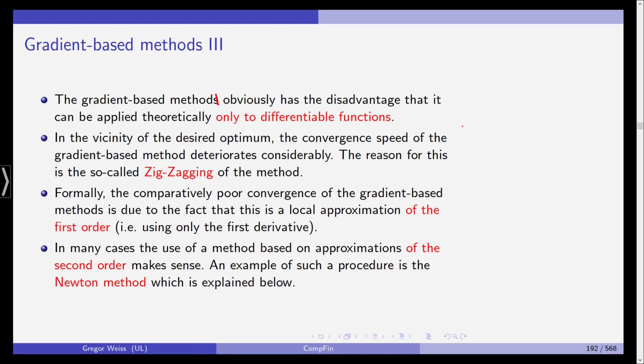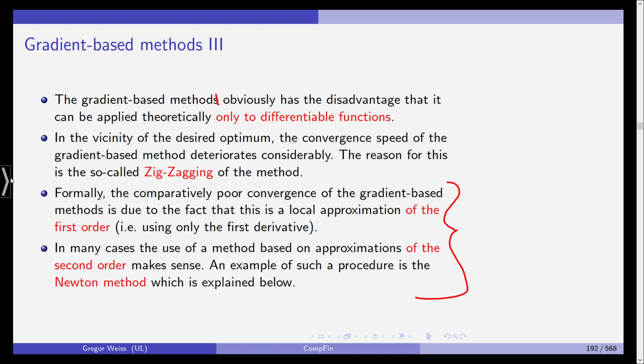And more formally, the comparatively poor convergence of the gradient-based methods is due to the fact that this is a local approximation of the first order. In many cases, the use of a method based on approximations of the second order makes sense. And if you study mathematics or economathematics, this is related to Taylor's rule. We have the function f. Ideally, we would use a Taylor approximation of a much higher order, but if you only take the first derivative, if you only take the gradient, then this is a very coarse approximation, and obviously approximations that use higher order